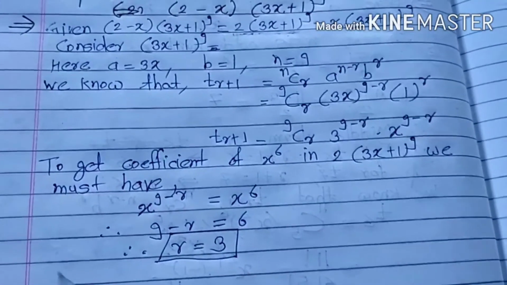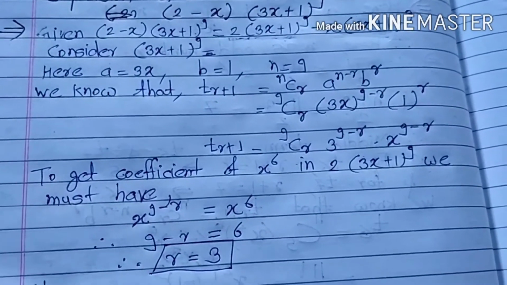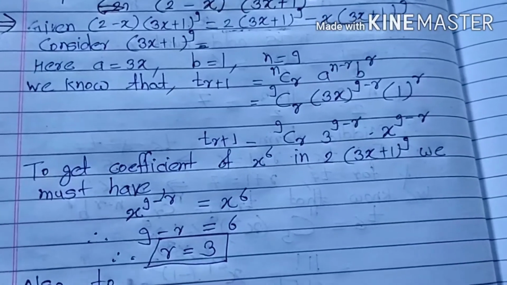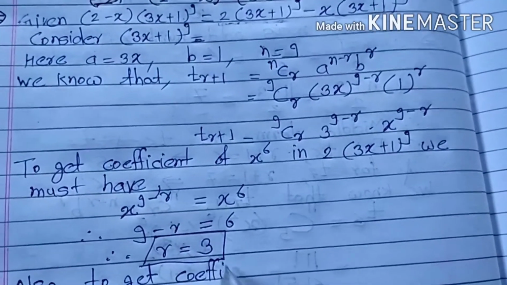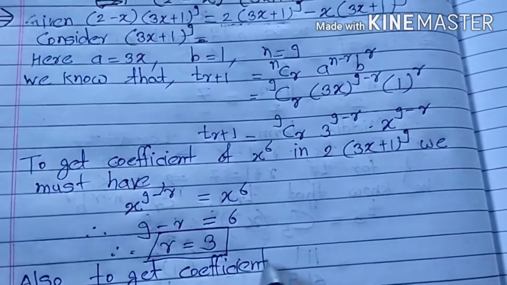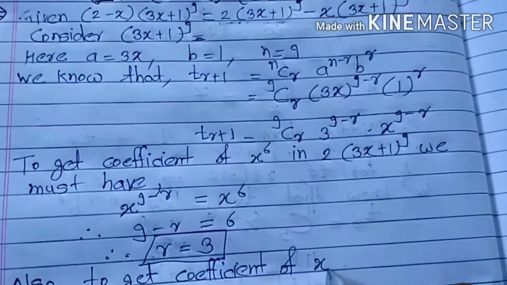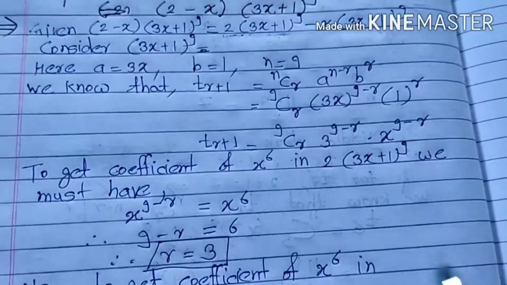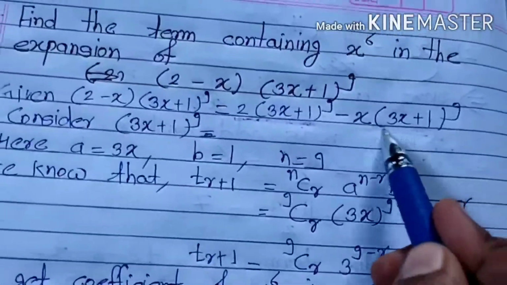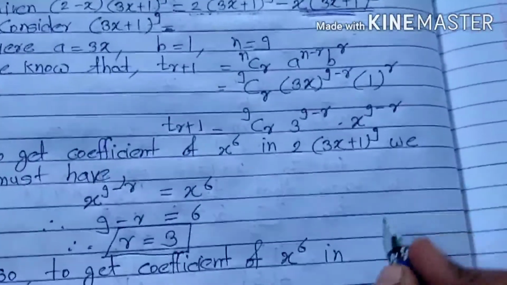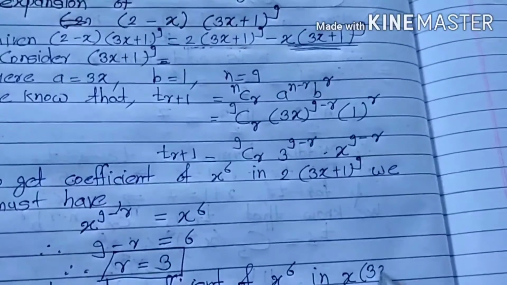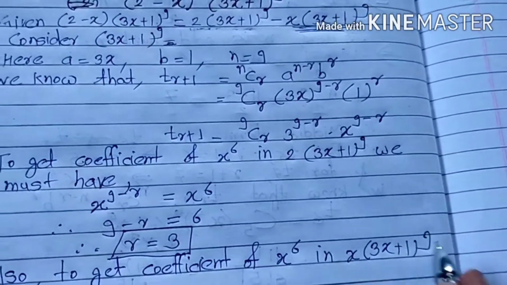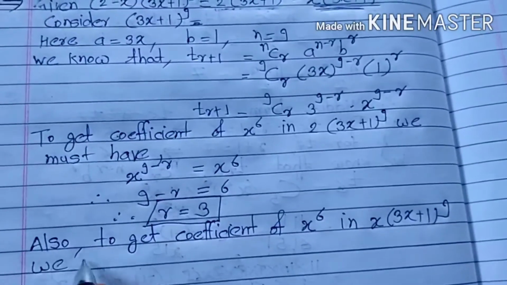Okay, now also to get the coefficient of x raised to 6 in the term, now you can take this term. So this term is like that, x into 3x plus 1 raised to 9. So we must have